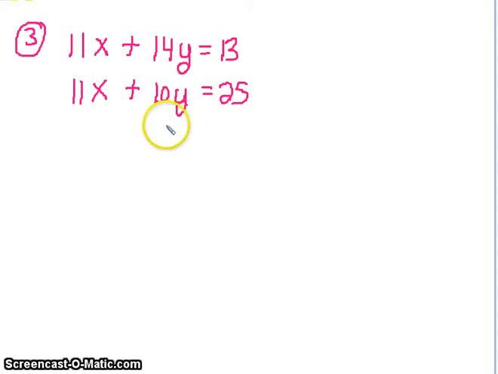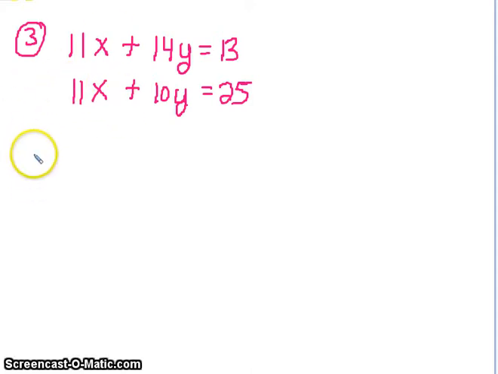Well, if you tried to graph this, if you tried to put them in slope-intercept form, I'm telling you, it is going to be a bit difficult. That's why we have other methods. That's why we have substitution. But once again, substitution, none of these are easy to isolate, but combination elimination is